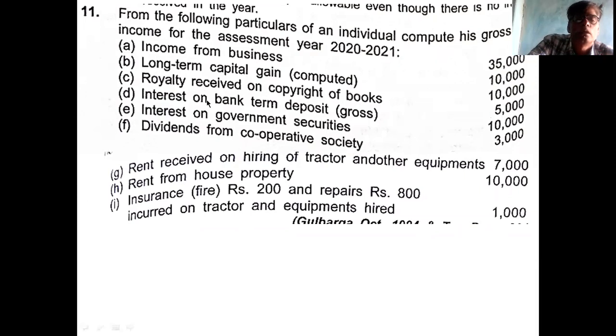Okay. Interest on bank deposit, term deposit. Is it relating to other source or not? Yes. Interest on government security, other source. Then dividend from cooperative society, other source. Okay. Then rent received on hire of tractor and equipment, other source. Rent from house property,